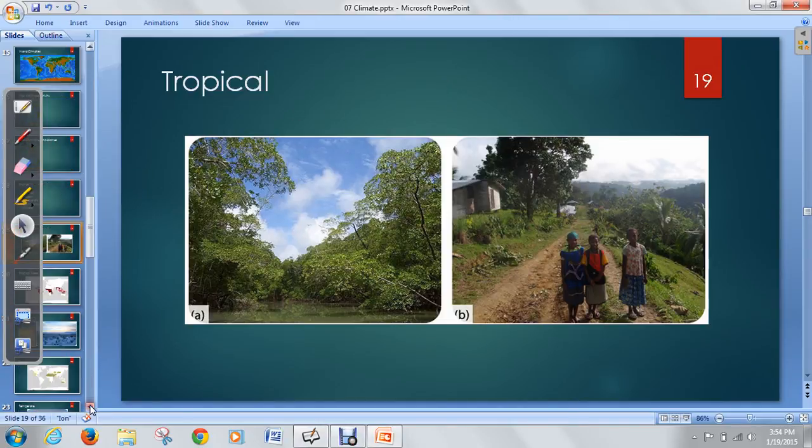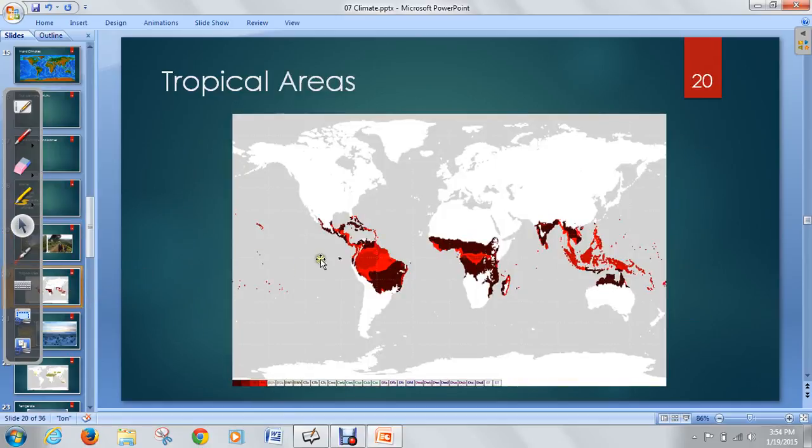And so, if you think about what types of areas on the Earth will be tropical, it's going to be all the areas near the equator. So you can see areas near the coast, near the equator, are all going to be tropical. Now, you'll notice that it pretty much cuts directly through the equator, and anywhere near the ocean is going to be tropical.